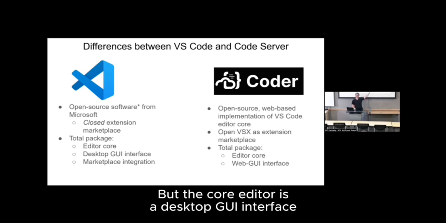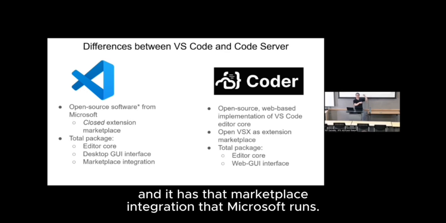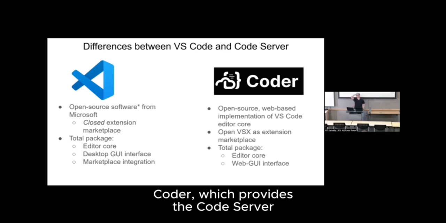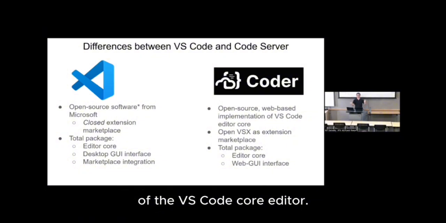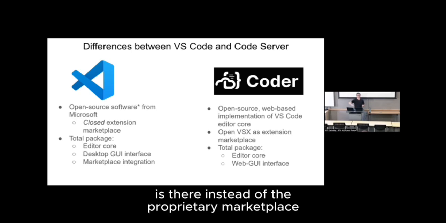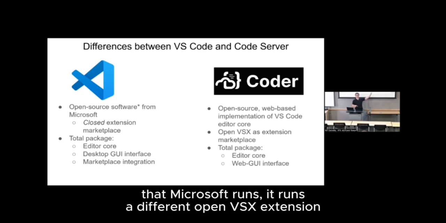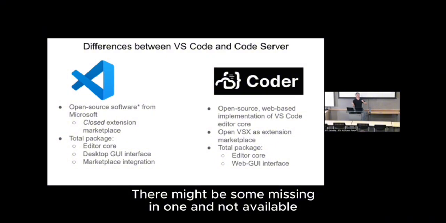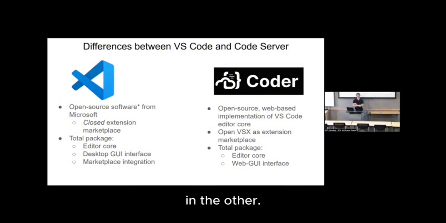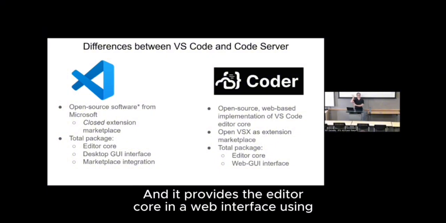But the core editor is a desktop GUI interface, and it has that marketplace integration that Microsoft runs. Coder, which provides the Code Server that we use on Open OnDemand, is an open source fork of the VS Code core editor. So all the same editing functionality is there. Instead of the proprietary marketplace that Microsoft runs, it runs a different OpenVSX extension marketplace. Many of the same extensions are available in both, but there might be some missing in one and not available in the other. And it provides the editor core and a web